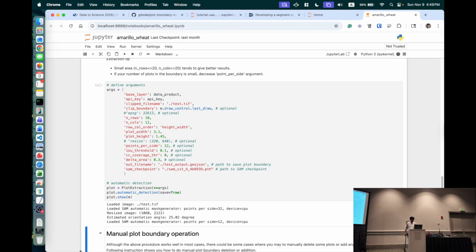Now, I think they estimated the orientation angle. It's 25 degrees. Something doesn't seem right, but we'll see how it comes out. Still working.